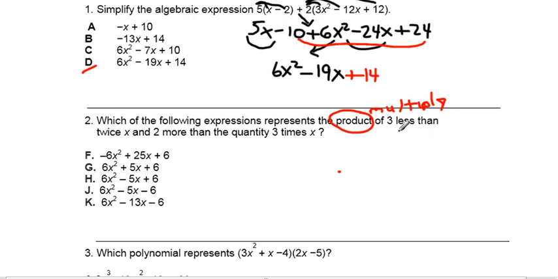Well, think about this. If I said 3 less than 10, 3 less than 10 would be 10 minus 3. But it's not 3 less than 10. It's 3 less than 2 times x, or twice x. So instead of 10, twice x. 3 less than that would be minus 3, not 3 minus 2x. So we got 2x minus 3